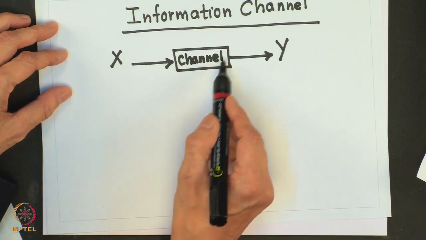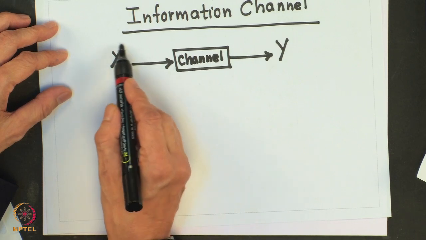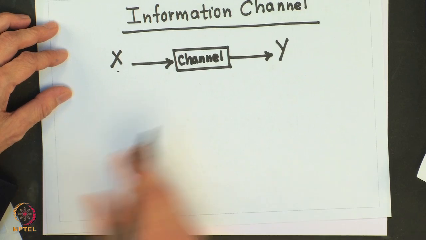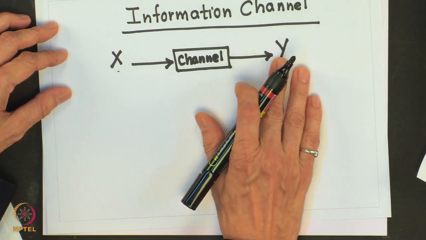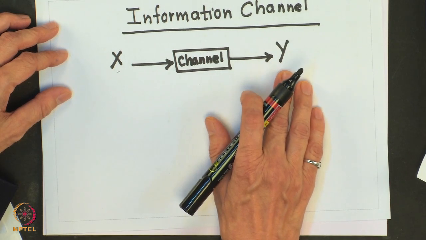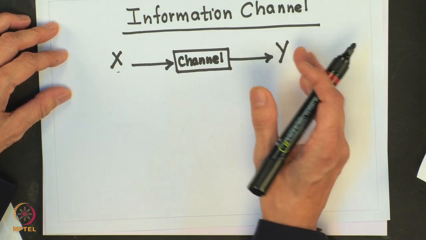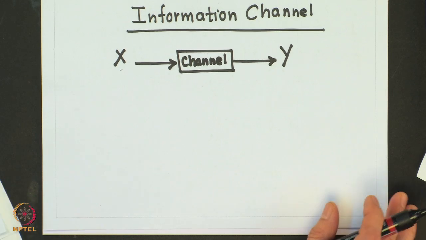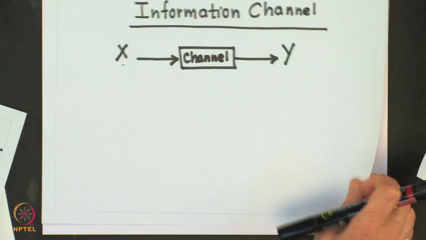So, every unit of time the channel accepts an input selected from an input alphabet and in response it emits an output y, which is an output symbol from an output alphabet, correct. So, we can formally say that a channel is as shown here,